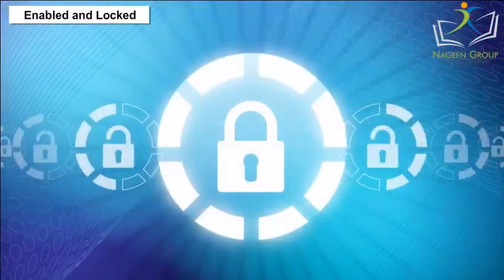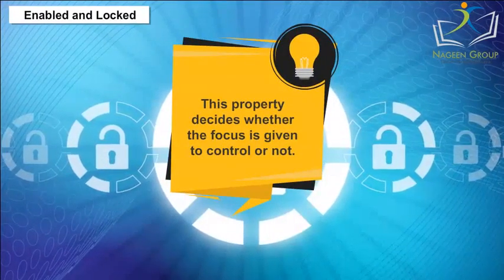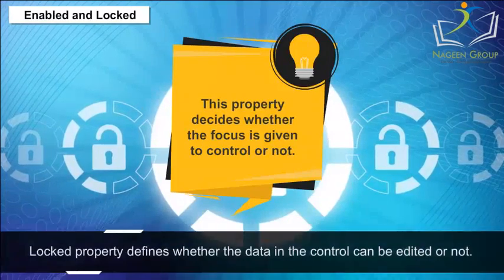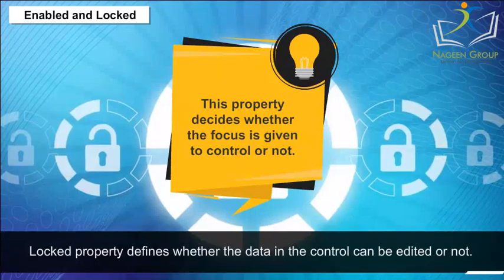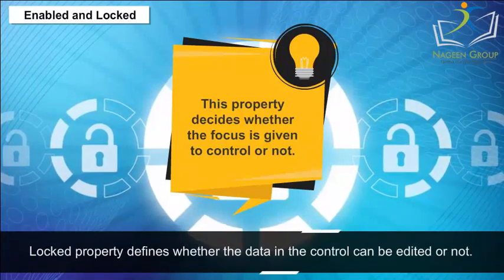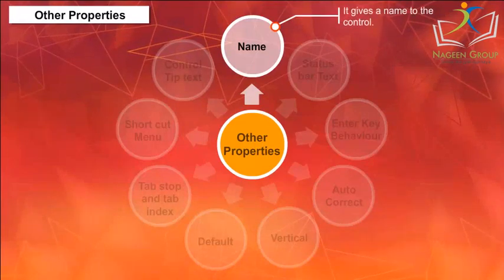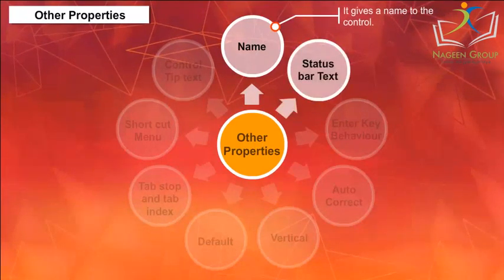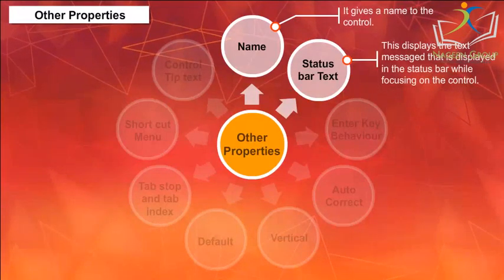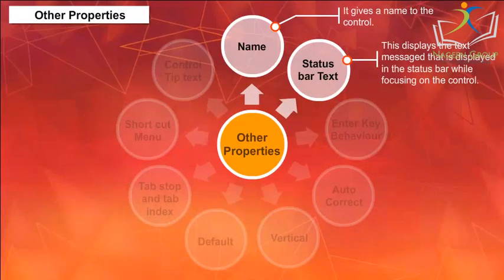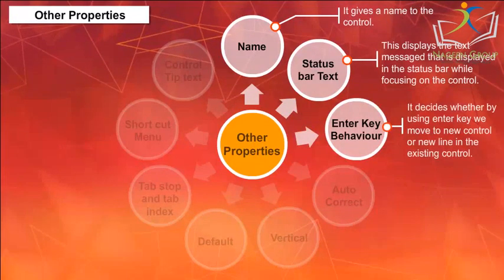Enabled and locked. This property decides whether the focus is given to the control or not. The Locked property defines whether the data in the control can be edited or not. Other properties. Name. It gives a name to the control. Status bar text. This displays the text message that is shown in the status bar while focusing on the control. Enter key behavior. It decides whether by